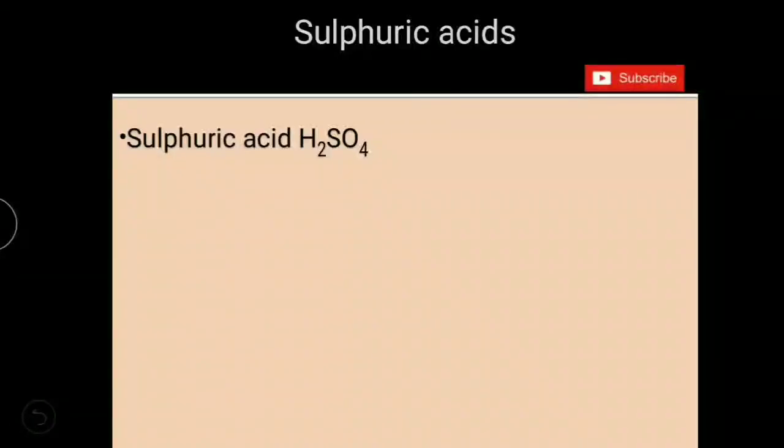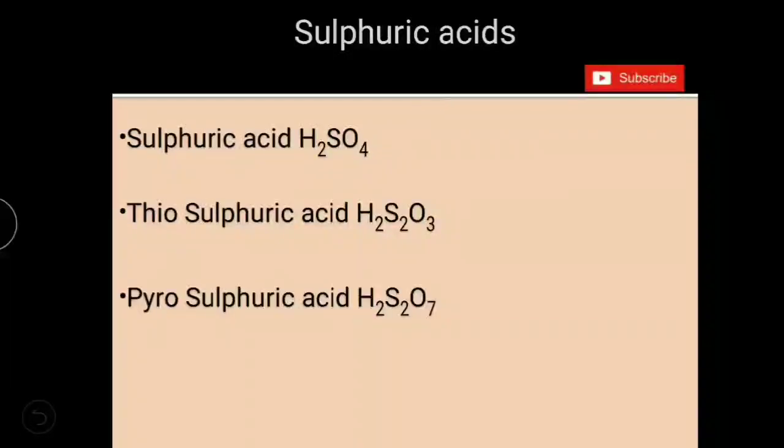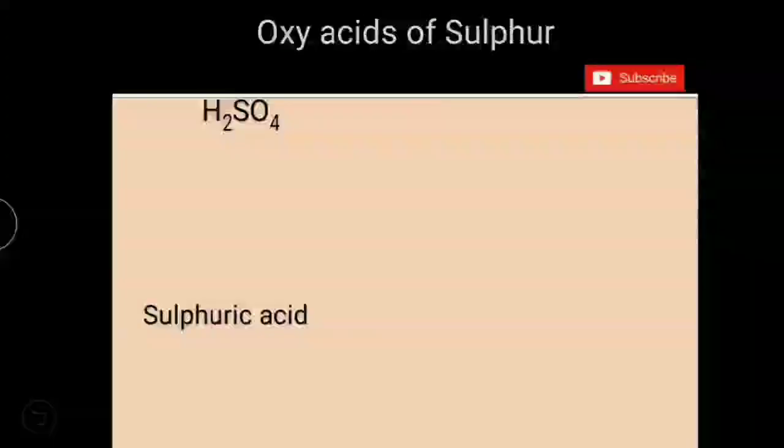Now come to sulfuric acid series, which has sulfuric acid H2SO4, thiosulfuric acid H2S2O3, pyrosulfuric acid H2S2O7. Let us see the structure of sulfuric acid. Central sulfur, to which one double bond oxygen is bonded, and basicity of all oxyacids of sulfur is equal to 2. So we should take 2 OH groups bonded to sulfur. And in ic acids, valency of sulfur is 6. We should have 6 bonds. Here we got 4 bonds only. 2 bonds with 2 OH groups and a double bond with oxygen. So 2 more bonds should be there.